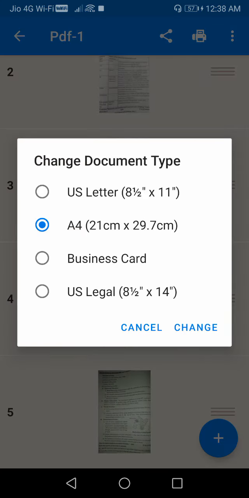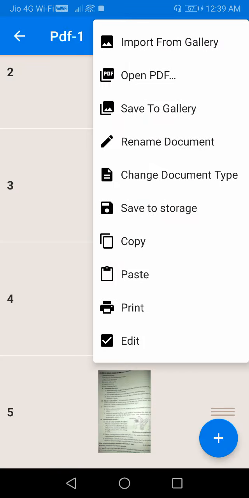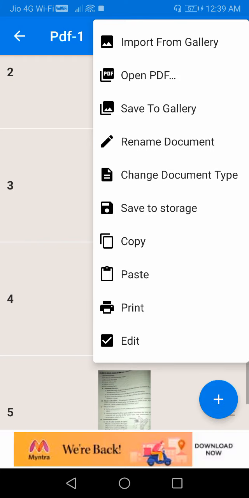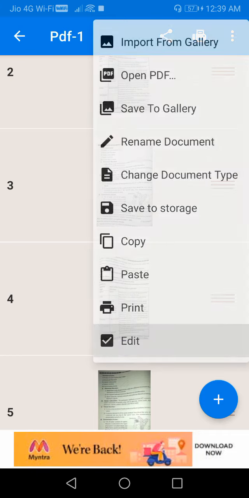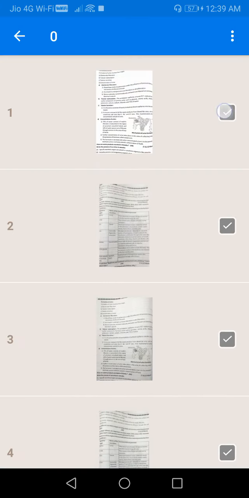That means page size. I want A4 only. I am not changing anything. Next, save to storage. We can save it to storage, or copy, paste, print, edit also. Whatever we want to edit we can select and edit.